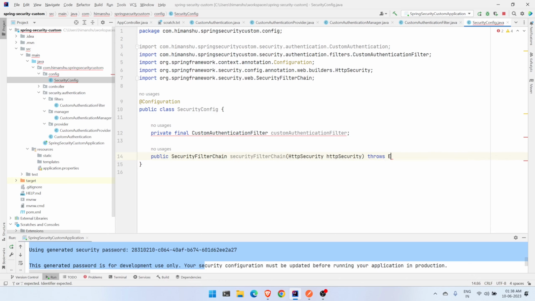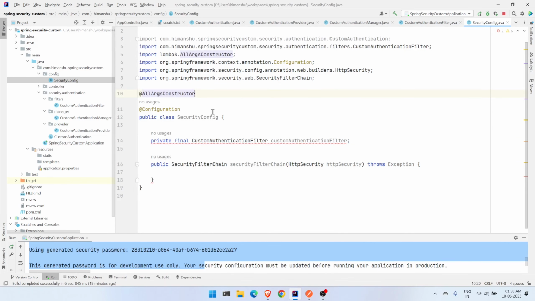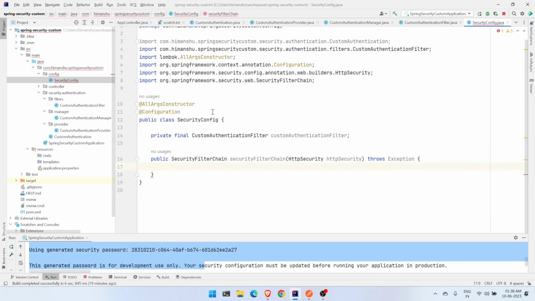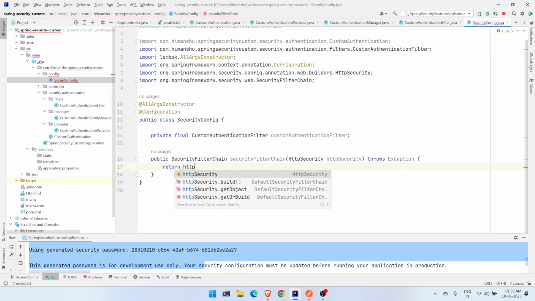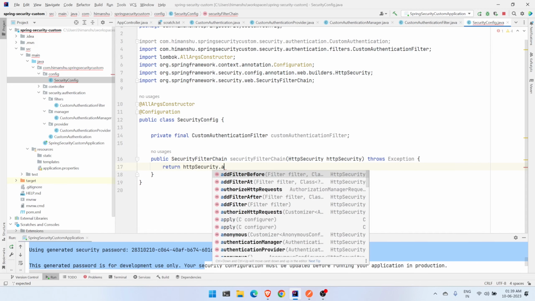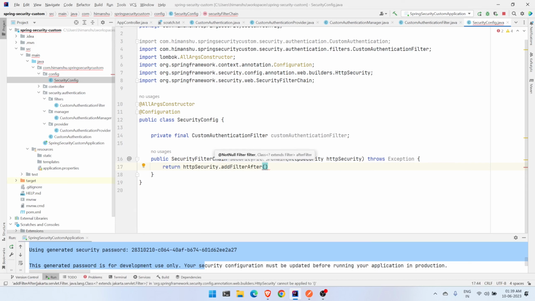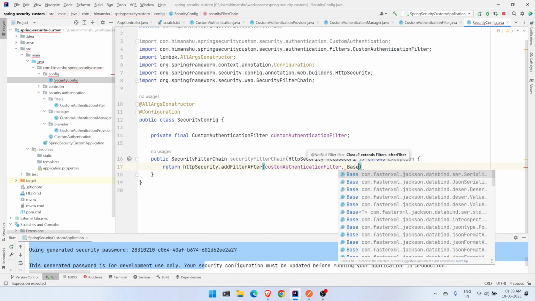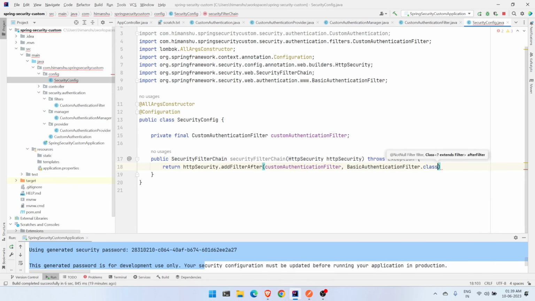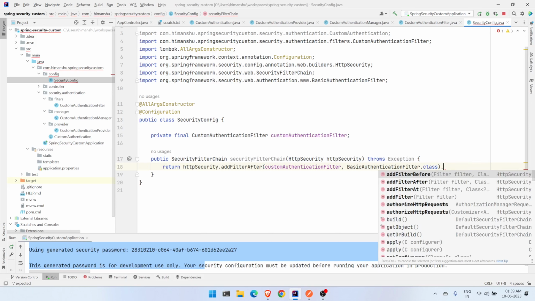and we say okay, throws Exception, and again we can say that we need an all-args constructor, and here we will be returning http security. And how we are going to wire it, we will say addFilterAfter, and in this function we will be specifying our custom authentication filter, and we are saying to add this filter after BasicAuthenticationFilter class, and then we say